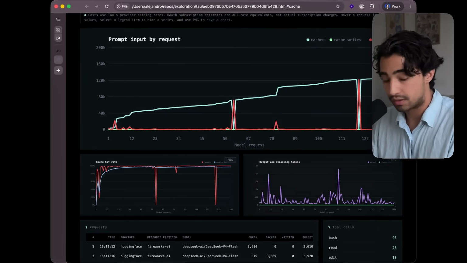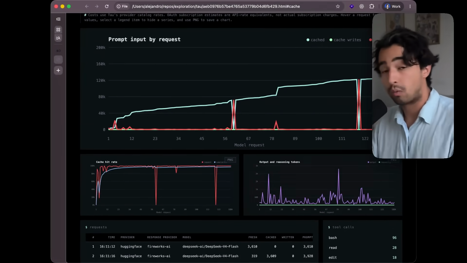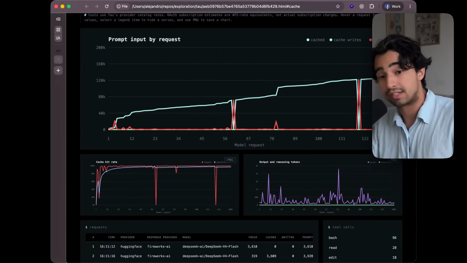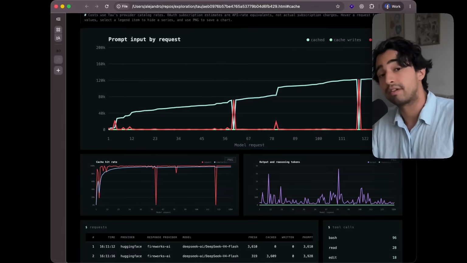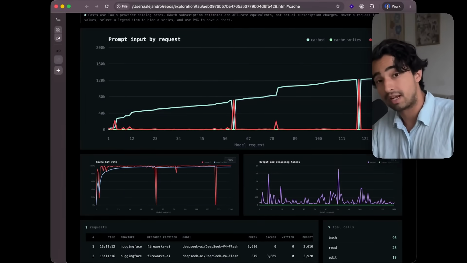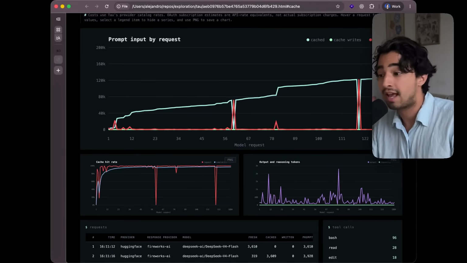Another thing that you probably want to take a look at is whether or not your provider caches your prompt automatically. So for example, OpenAI and Hugging Face inference providers cache your input automatically, but other providers, so for example, Anthropic or Gemini, do not cache your input automatically. So you're going to have to take a look at that and enable it in your agent when you make